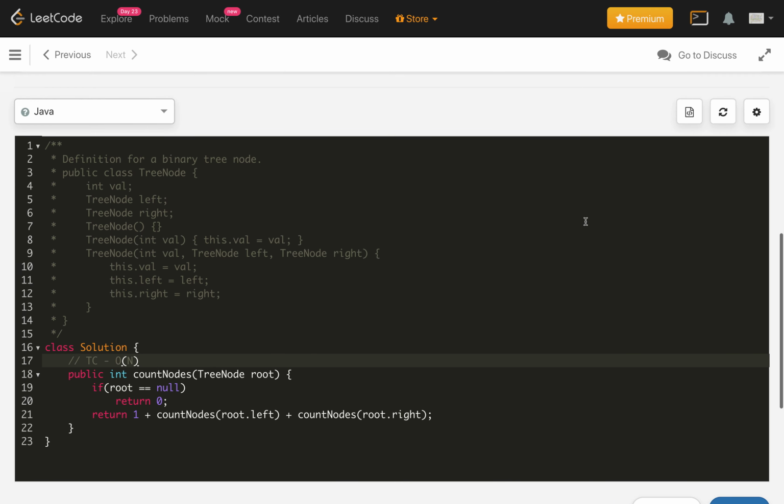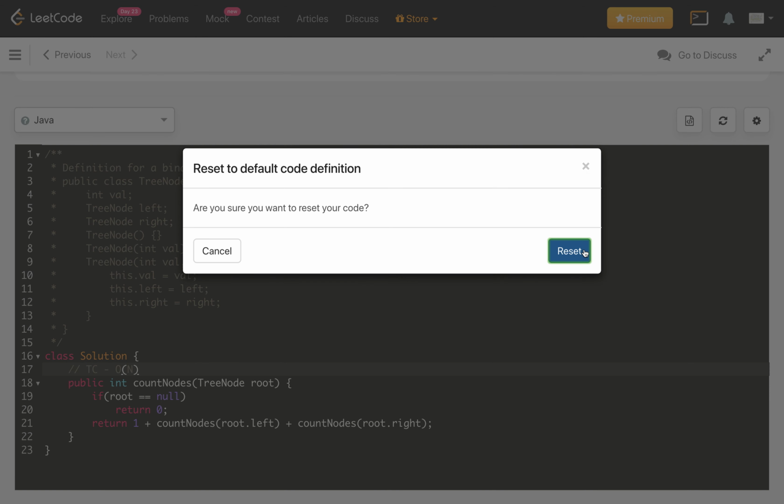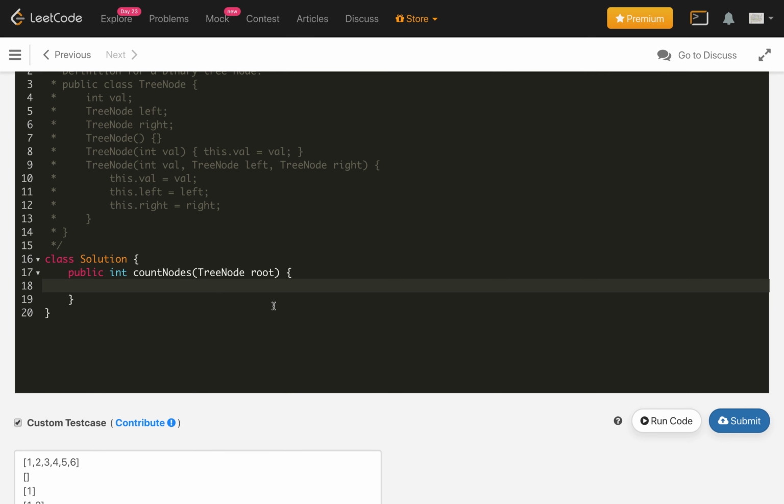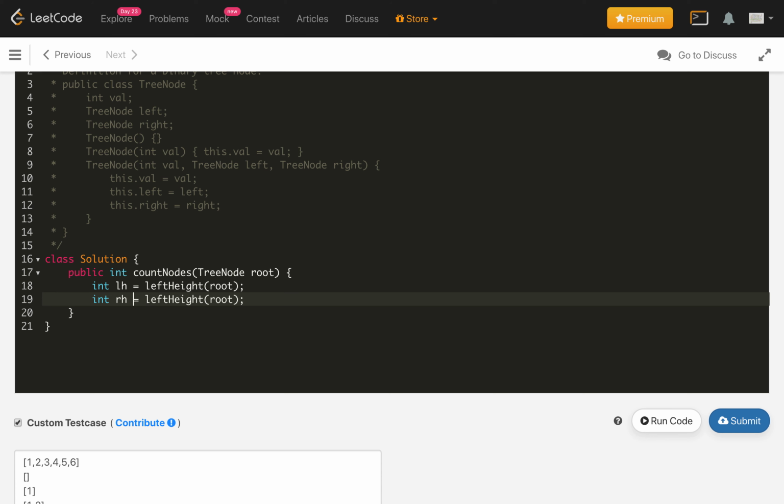Let's implement this code first. So let's reset this code here and implement. For implementation, we need an integer variable LH, and let's call the method left height, to which we pass the root node. Similarly we will call the right, so that is RH, with the method right height. After that we will compare if LH equals RH, which means it is a full binary tree, then we will simply return 2 to the power LH.